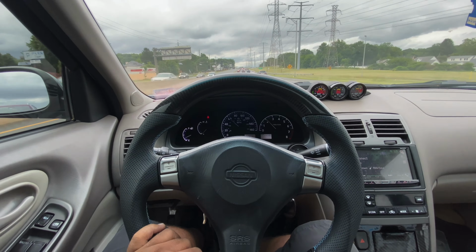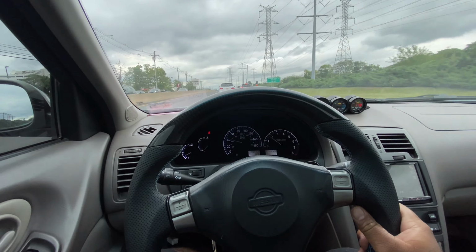So the best thing I can do right now is just wait for the Haltech to be done. Once that's in, there'll be no more factory ECU in this car. It'll be a Haltech, and I won't have to worry about anything. But yeah, man, with the Haltech,